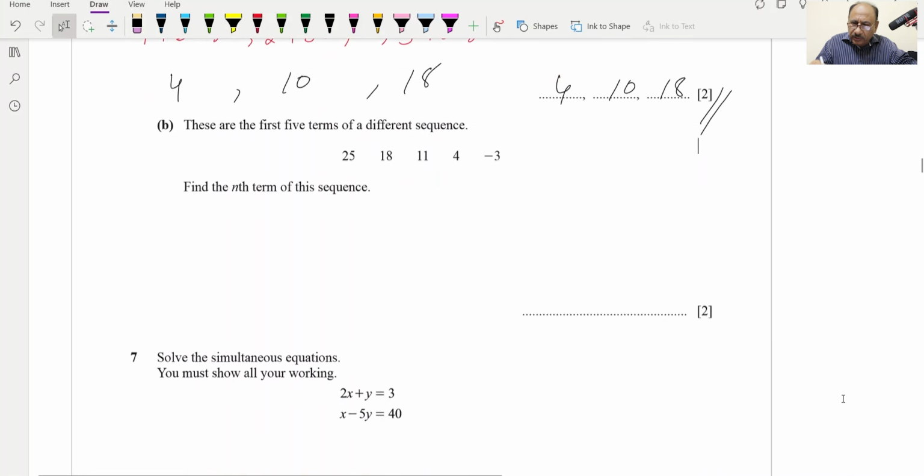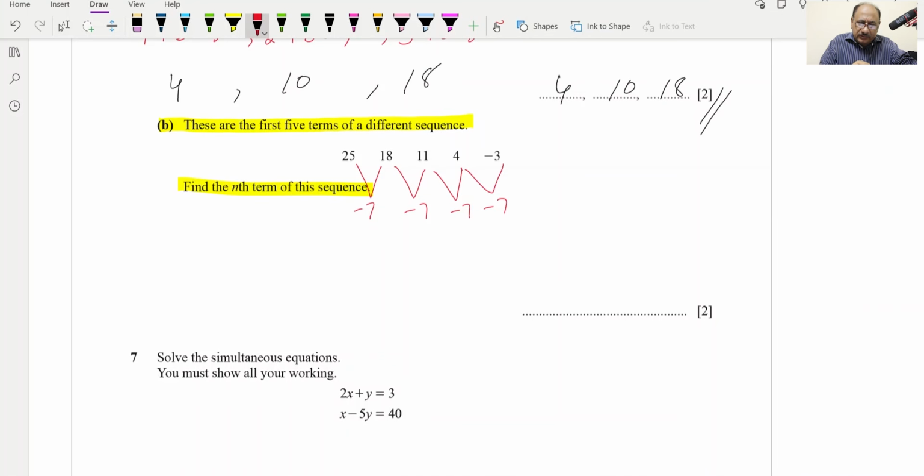2 mark question. B part, these are first 5 terms of a different sequence. So we need to find what? We need to find the nth term of the sequence. For that one we will be checking the difference. So 25 minus 7 is 18, 18 minus 7 is 11, 11 minus 7 is 4. So difference, common difference